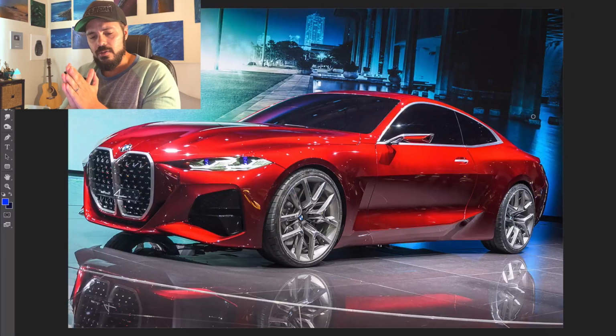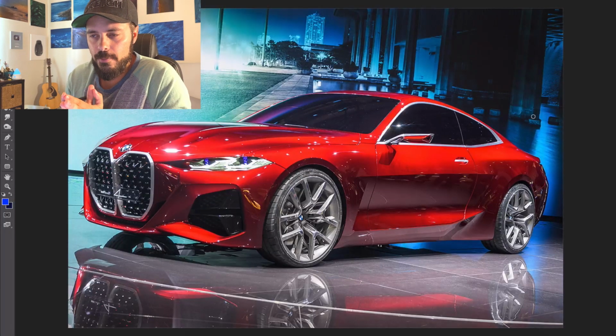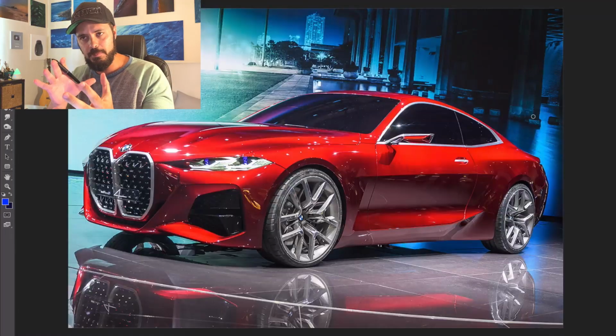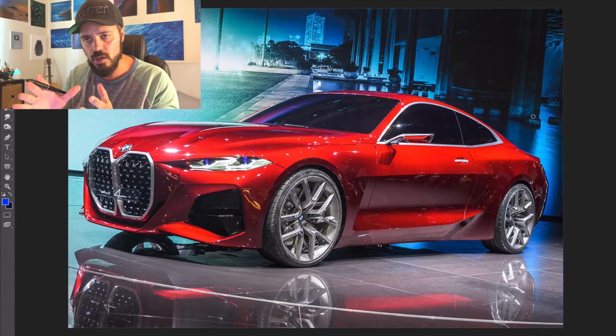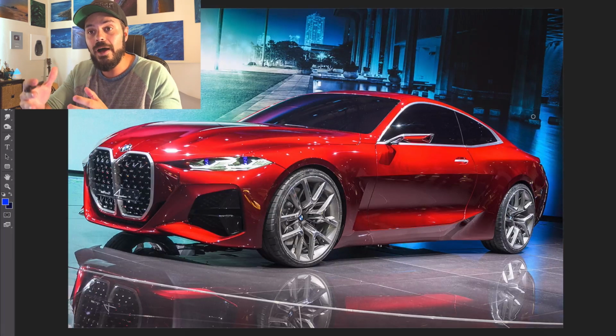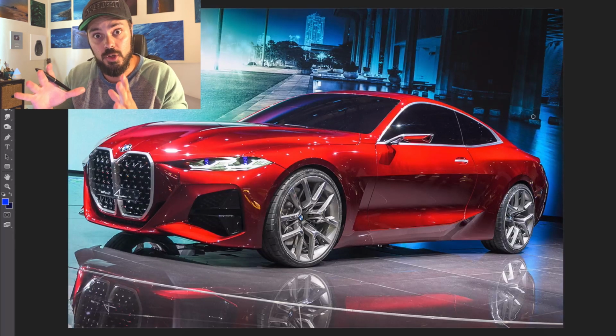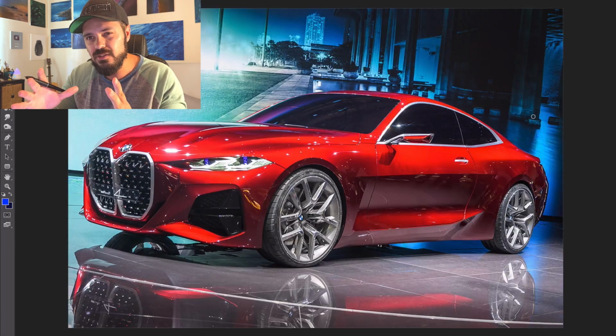I want to talk about the issue that I have with the Concept 4. The problem here is I think they made a mistake when they didn't go all in with this new design language. They tried to test the waters and play it safe, and what I mean by that, they kept some traditional styling cues in the Concept 4 while applying this brand new massive change, which is the grille, of course, in the front. And what that does, there are two worlds colliding and they don't really blend well together, because